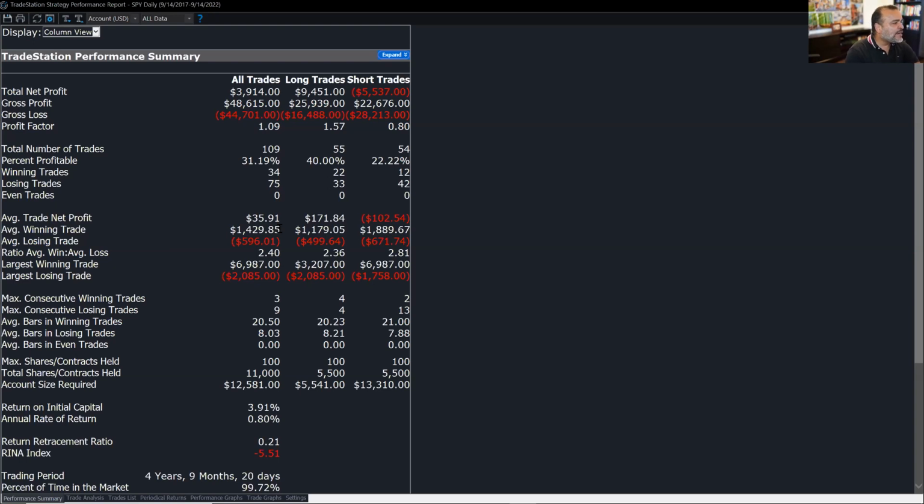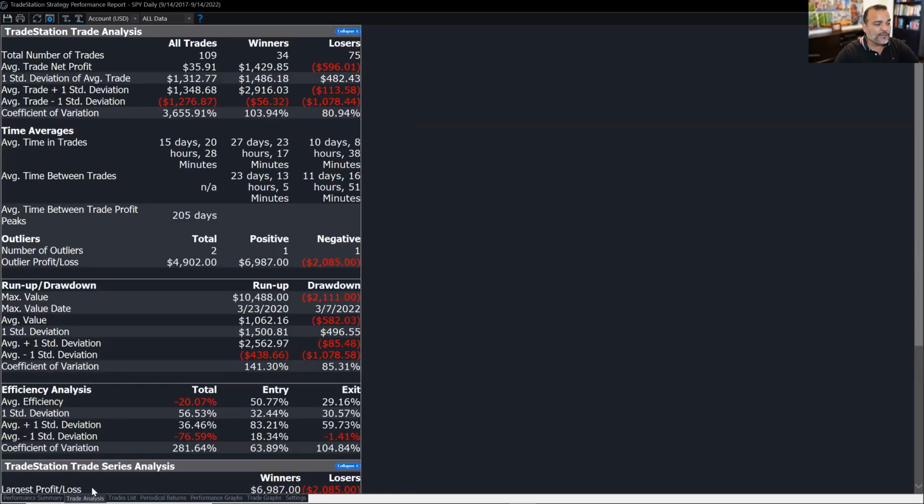Prasad is asking, is there any tool within TradeStation that we can go back and see what happened on the lost trades? Yeah, this would be the tool, the strategy performance report, because this gives you a detailed analysis on what happened to every single trade. In fact, let me jump over here to the next tab so we can see trade analysis. All right. So in trade analysis, we have,